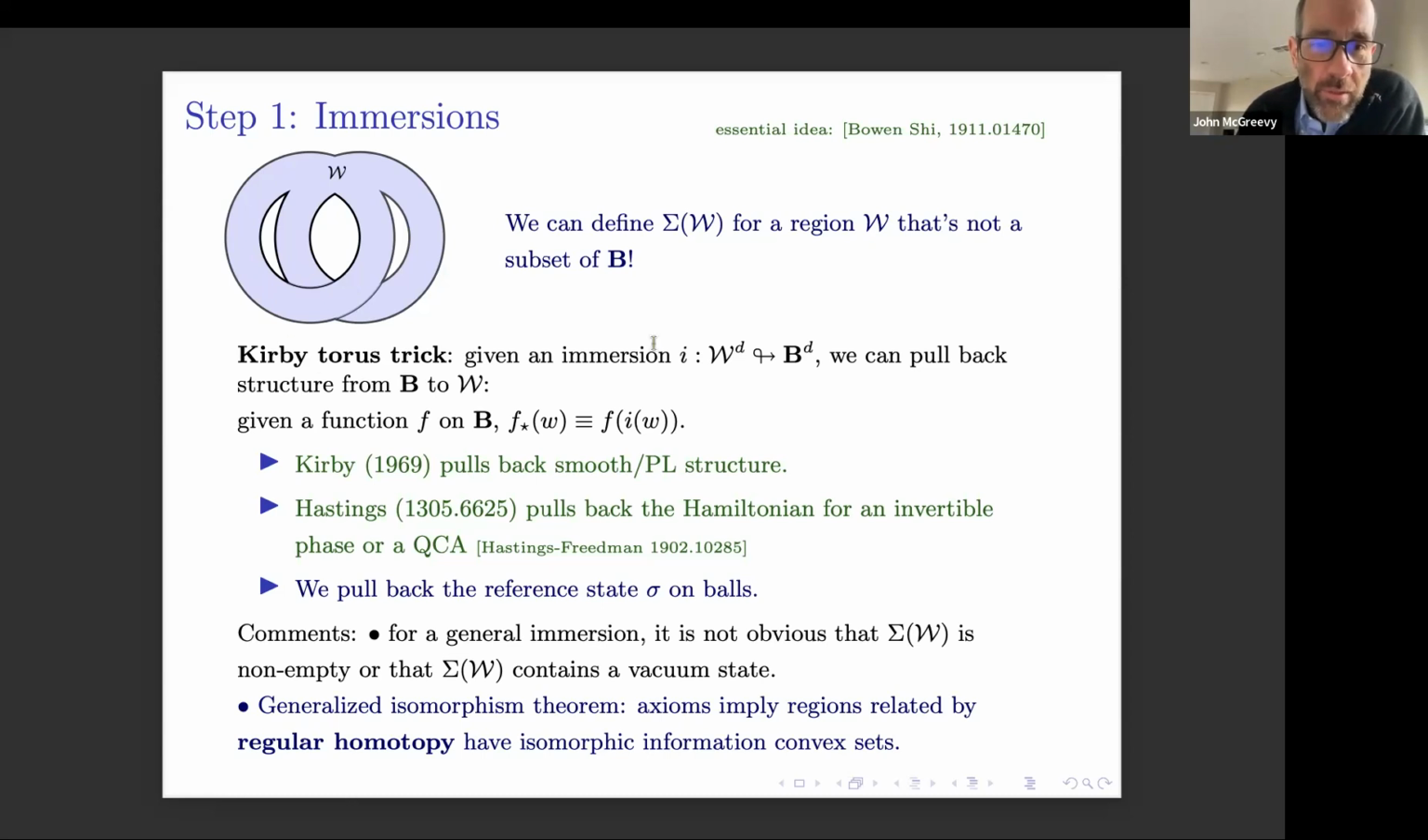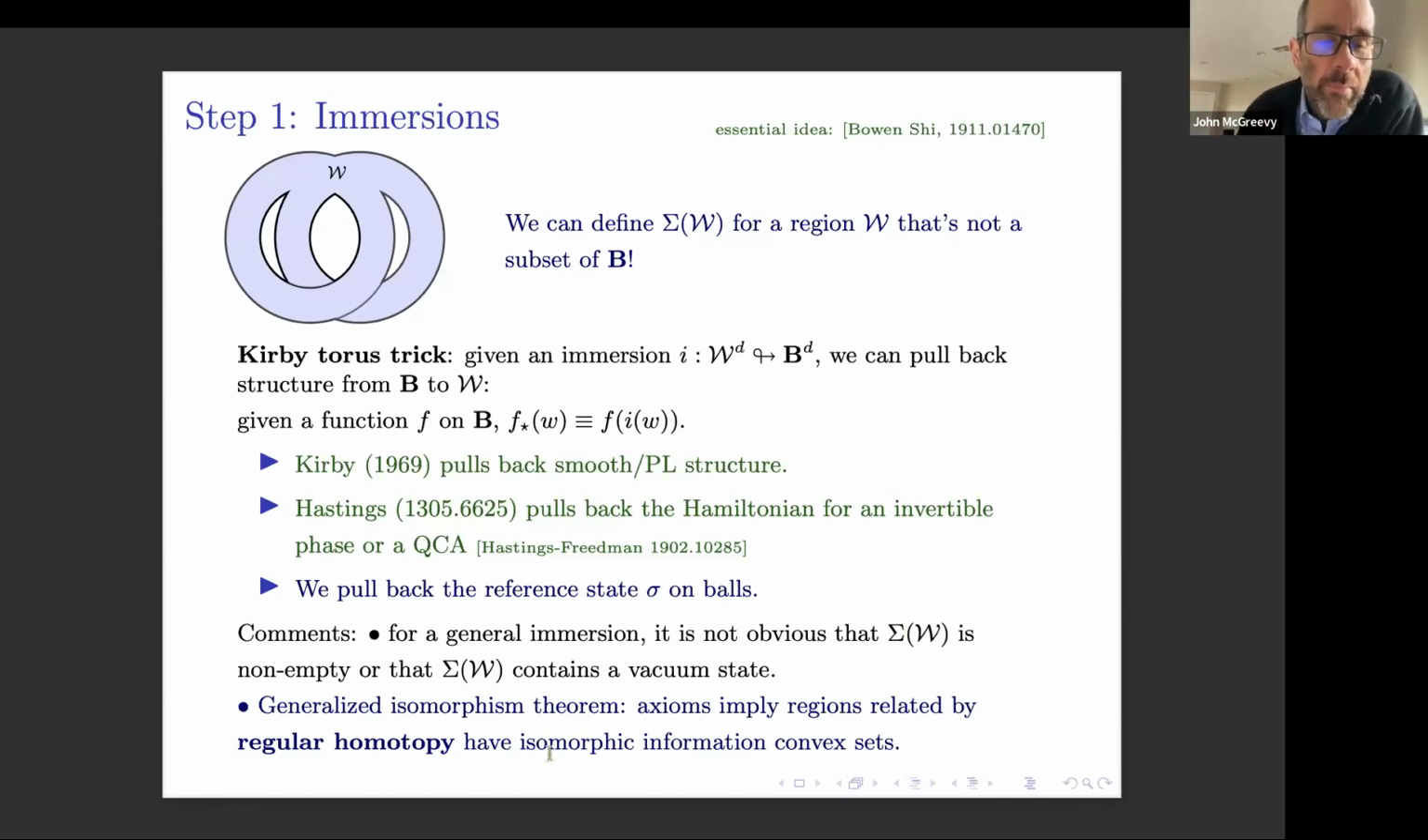And yes, this is the Kirby-Torres trick. The idea is that given an immersion into the ball, we can pull back structure from the ball to our immersed region. So we're going to pull back the reference state. A priori, it's not obvious that the information convex set is well defined this way. In order to define the information convex set, we need to be able to compare a state on the region that we're given with the reference state. It's okay if we're comparing the state on the region with the same part of the reference state more than once. It's not obvious that the information convex set defined this way is non-empty